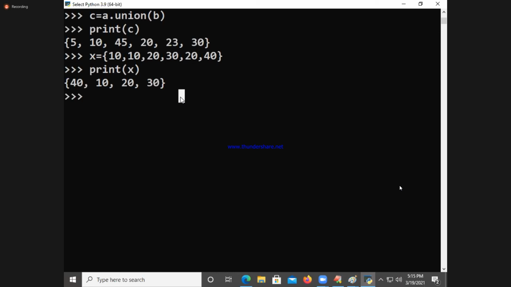Sir, is it mutable or immutable? That is also a question. Shall we go for it? First we go for immutable. First we will consider whether it is immutable or mutable. Print the ID of X. Tell me, what is the ID? 688. Okay. Now, first I am showing the mutability.